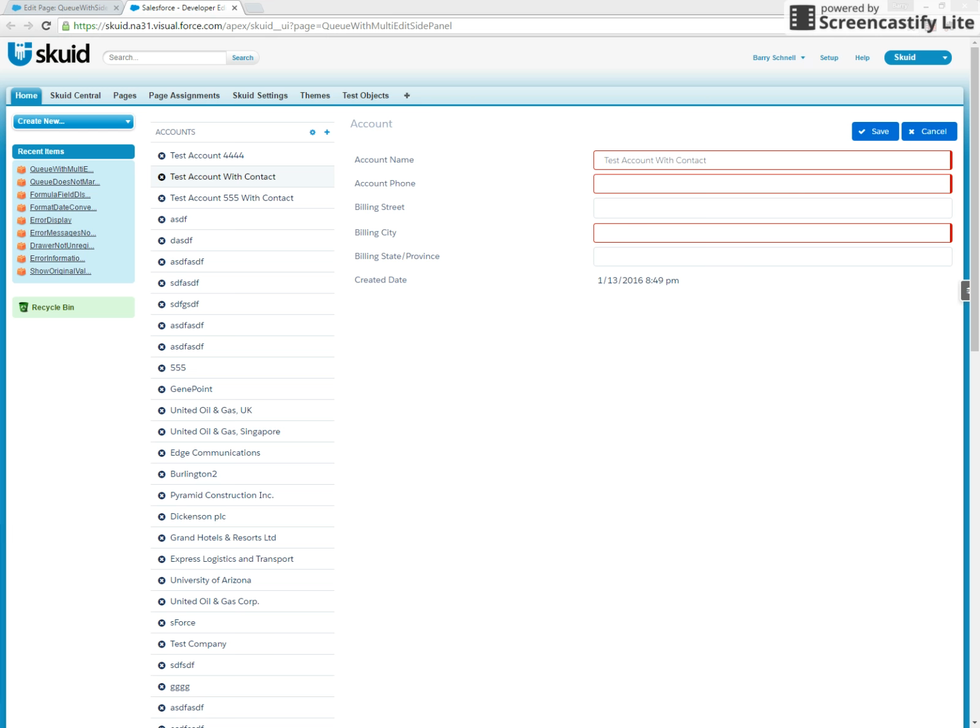This is a demonstration of what a queue might look like with a side panel. Currently, queues support drawers and updating a page include. The limitations there are that when you have a drawer, navigating any type of item list like a table or a queue with a drawer is quite cumbersome, especially when there's a lot of information that needs to be displayed